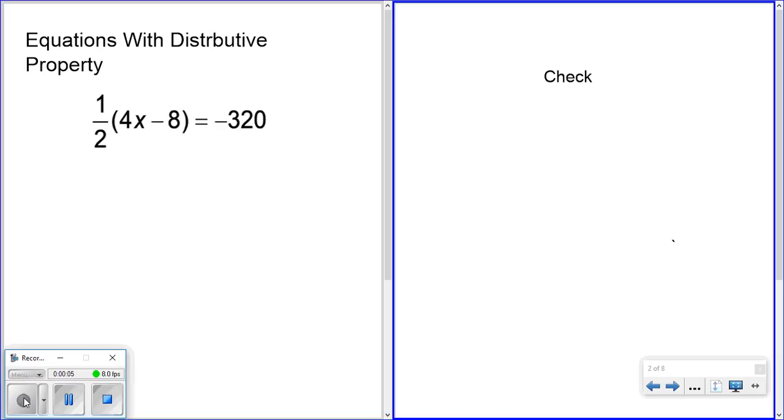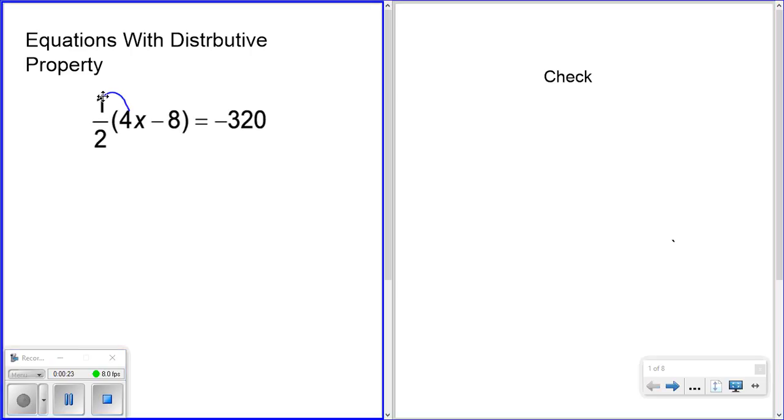Hello, today we're going to discuss equations that involve using the distributive property. We're going to start out with a fraction. Do not be afraid of fractions. They tend to work out just fine. So the first thing we're going to have to do is distribute the 1/2 to the 4x and the